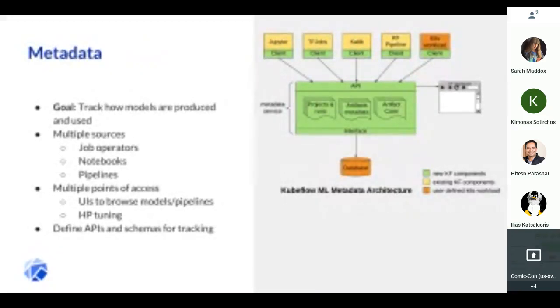The other big one, I think, will be metadata. So I think the goal of metadata is we really want to understand how our models were produced and how they're being consumed, right? And so if you're trying to understand how your models are being produced, you need to collect data from a lot of different sources, right? So you're potentially using a notebook to transform your data or build your model. You could also be training your model using hyperparameter tuning like Katib, or running a TF job, or using pipelines, right? So all of those different systems could be doing important transformations of your data that are important to log if you want to understand how your models are being produced, right?